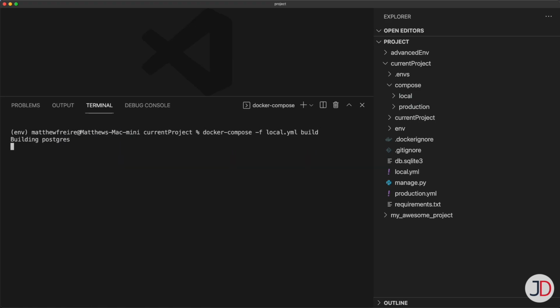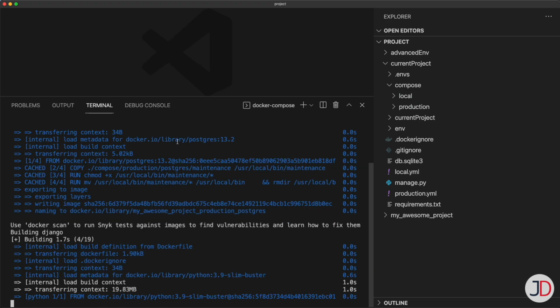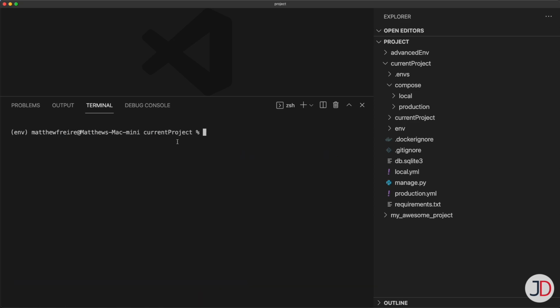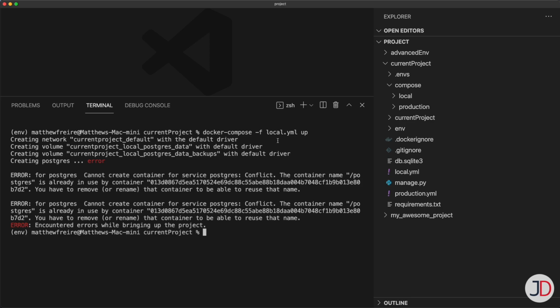We can rebuild the entire image. All right, so there we go. That's completed. And so once we have the images built, we then run docker compose -f local.yml up. And so this will basically just run those images as containers, which means that there'll be actual apps that have been executed and running. Now, when I run this, I get into a little bit of an issue